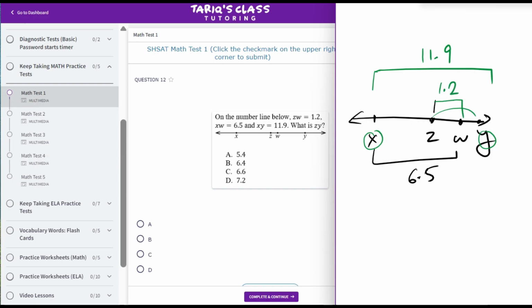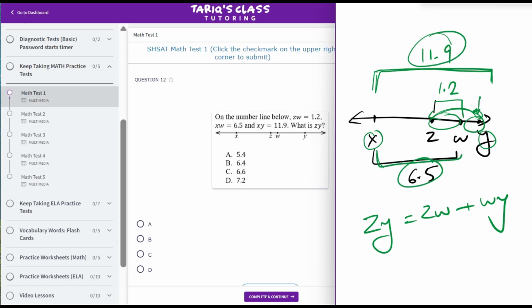ZW was 1.2. So we want to find what ZY is. Well, first of all, we know that ZY is the ZW plus the WY, right? We don't know what this part is, the WY. But can we, from the total 11.9, subtract the 6.5 that leads us to this part? Yes. So 11.9